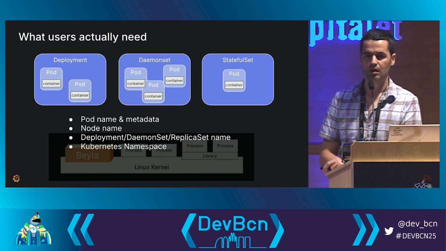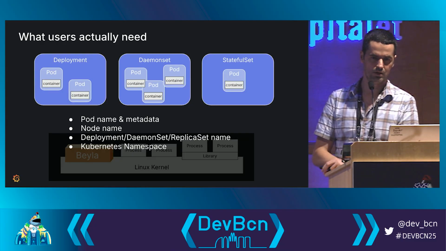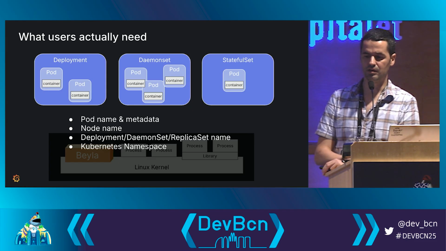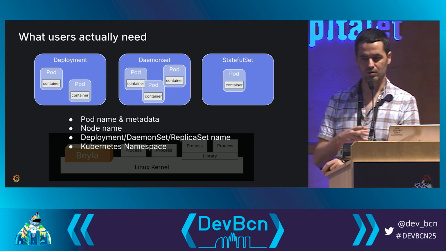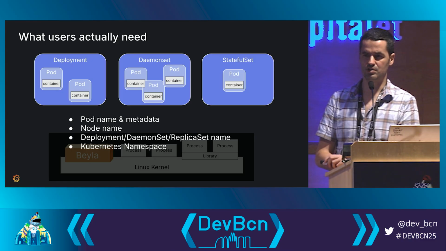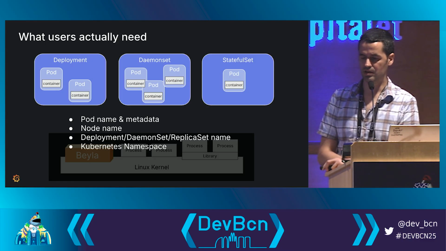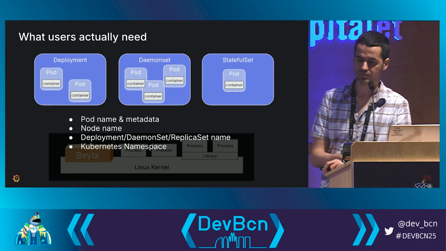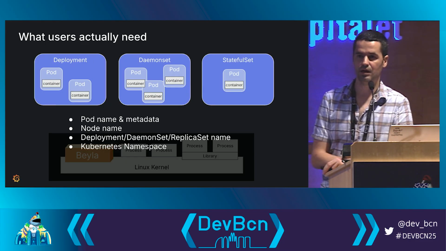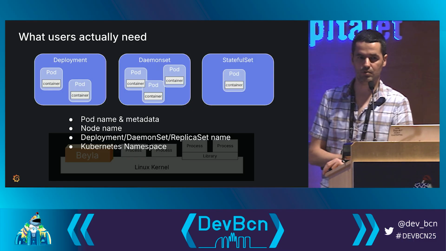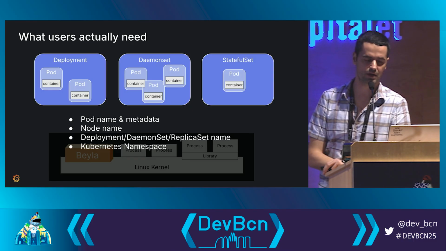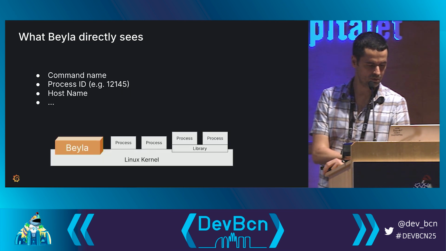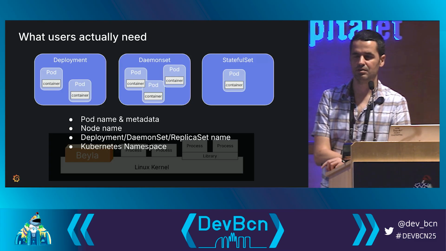They want to know what pod the failing program is running on, under what deployment or daemon set or stateful set name, or what service they belong to. Even the namespace is very important in Kubernetes, because you might have the same service name spread across different namespaces. So we need to know,